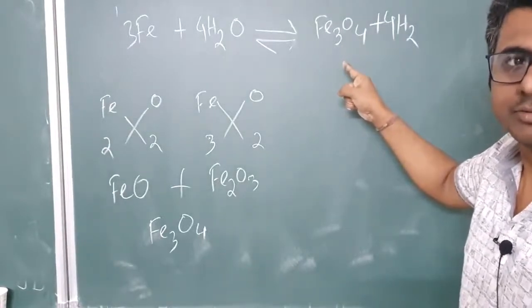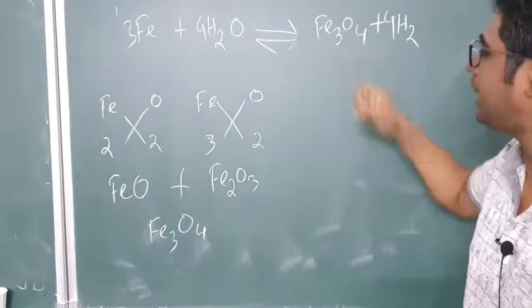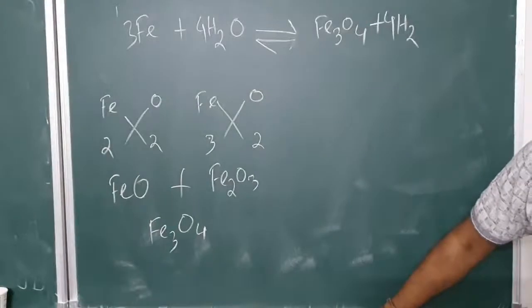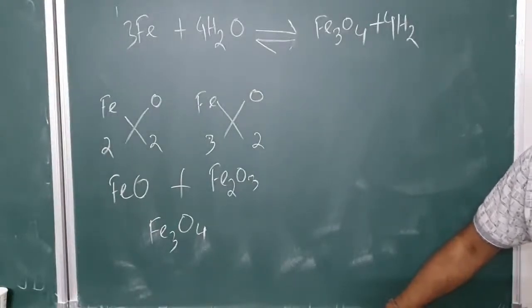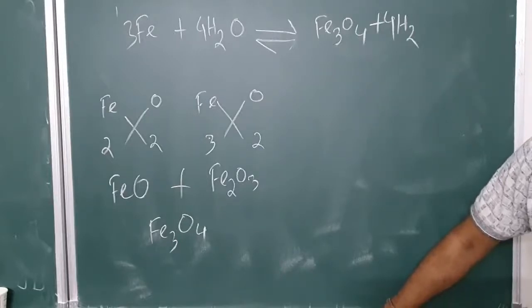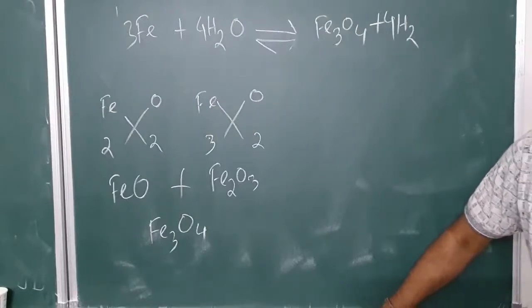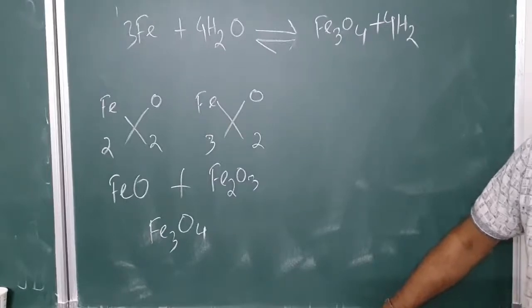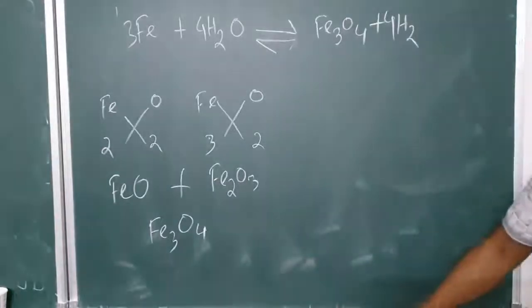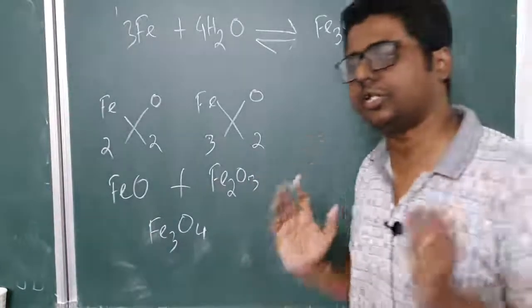Okay? So write down. To keep the forward reaction going, you have to continuously remove Fe3O4, and continuously add Fe, iron. Continuously add iron, because as soon as you add iron continuously,